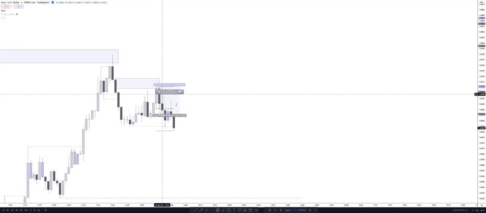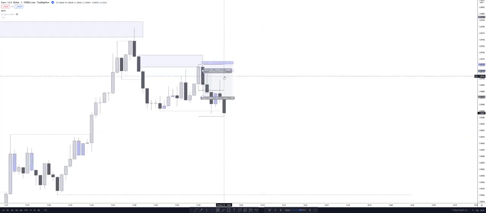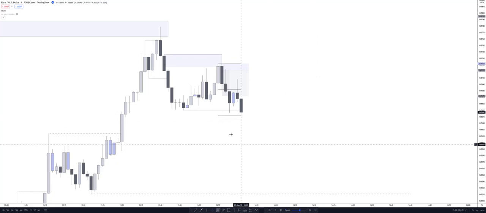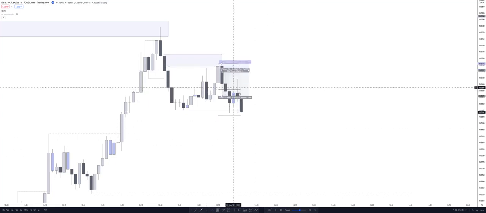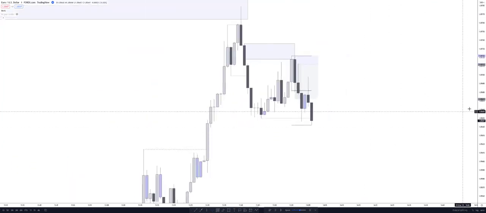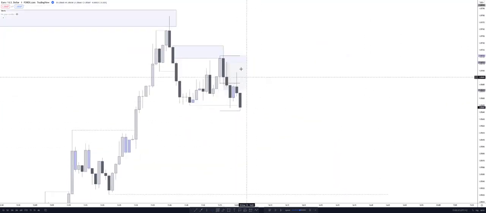Now, if we look at this leg, we can see, is there a clear area that we'd want to get involved in? It's all a little bit messy. You can see we originally broke the low here, and then this zone was created. So it could want to go up higher. But yeah, you may overall want to wait for a 1 minute change of character when it's a bit messy like this,